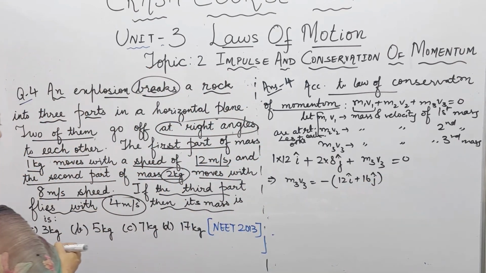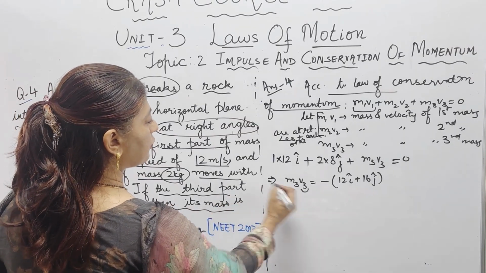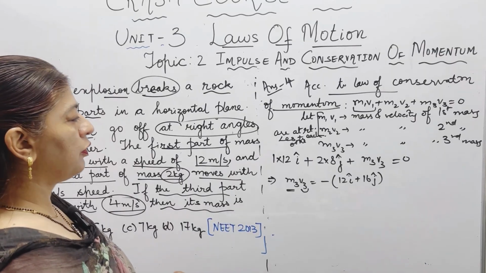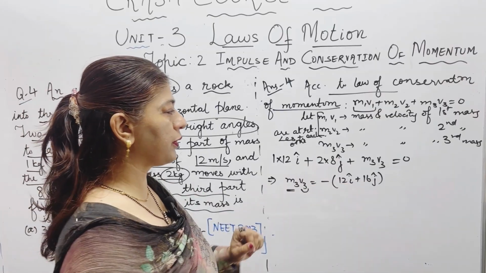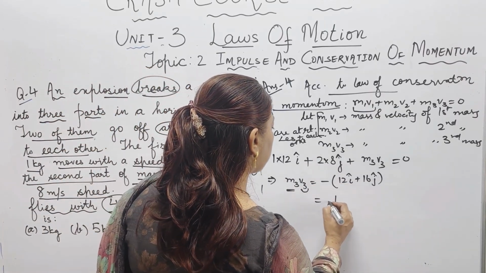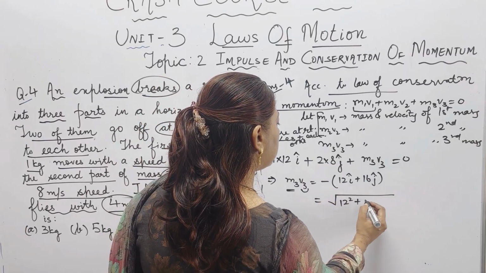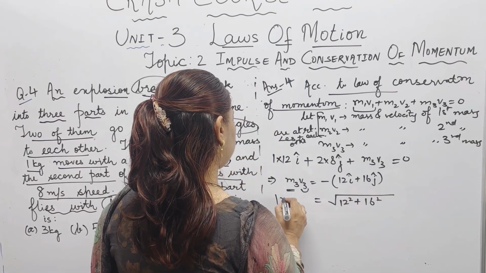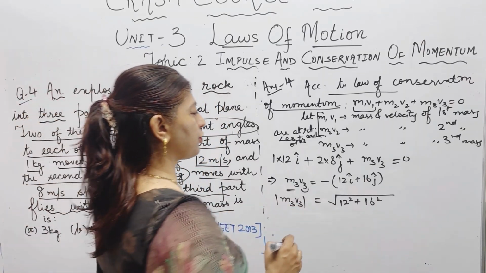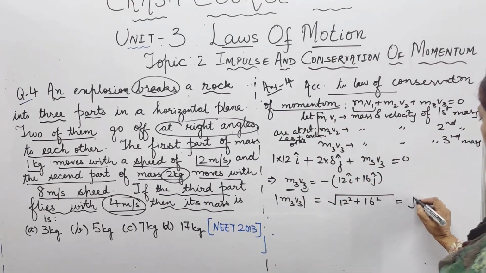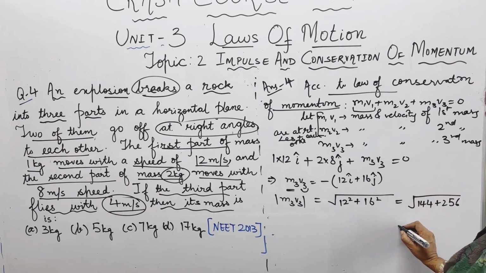Now we know the velocity v3, but we are interested in finding m3. So the magnitude is required to find the mass. We will find the magnitude of this. We won't be considering the negative part: 12 square plus 16 square. I put it in the form of magnitude, so this is equal to the square root of 144 plus 256,